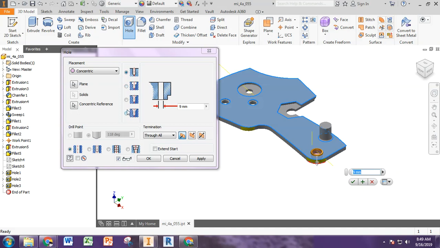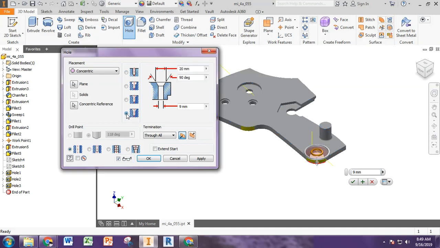The type of hole we want here is a countersink, which is this shape where it looks like it's funneling down all into one point, which is why I like to say, remember, it's like a sink. And the sizes are as follows. So this specifies the diameter at the top of the angled hole. We're going to leave that at 90 degrees